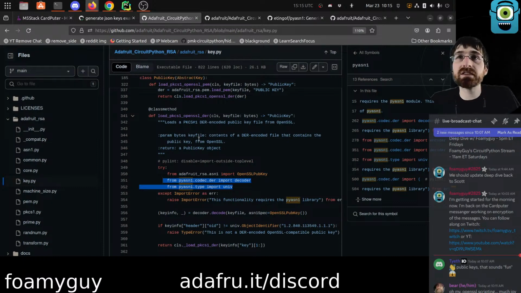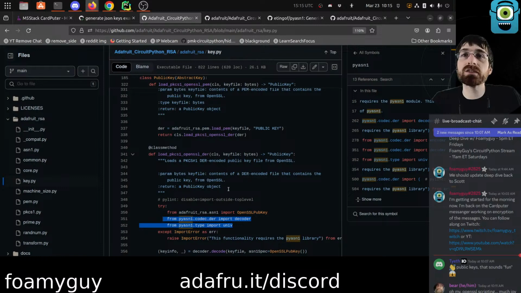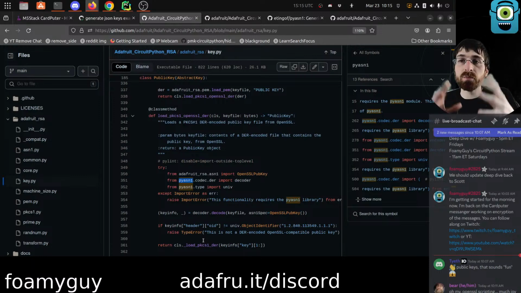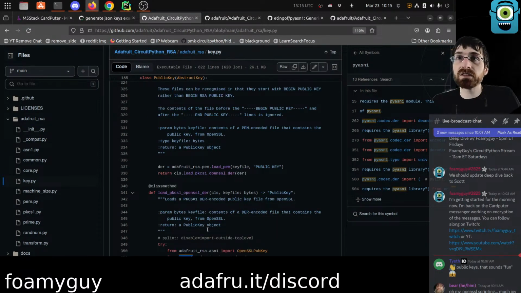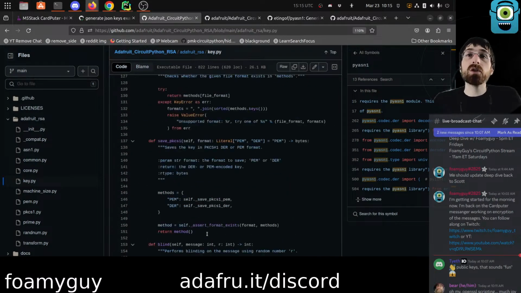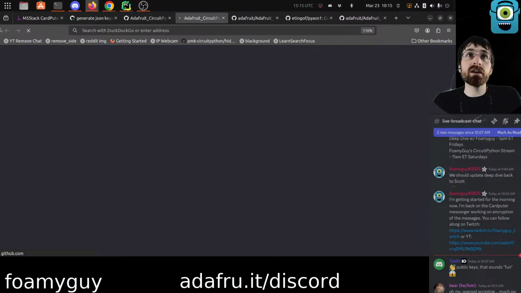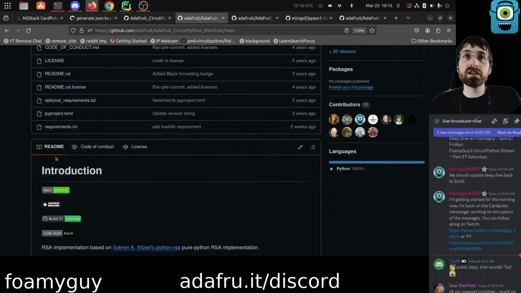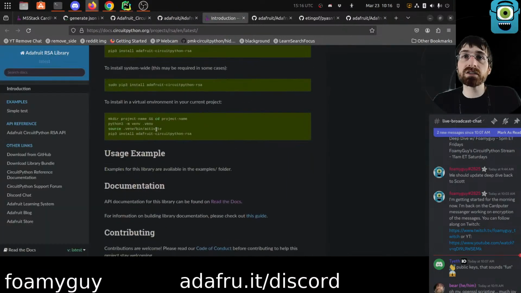I think that it's technologically possible that it could work on CircuitPython if you rewrote the parts of this library that this thing is trying to use as pure Python made for CircuitPython, but I don't necessarily think I have the capability to do that. So what I have noticed is that there's another way that you can create a key. If we go back to the docs,